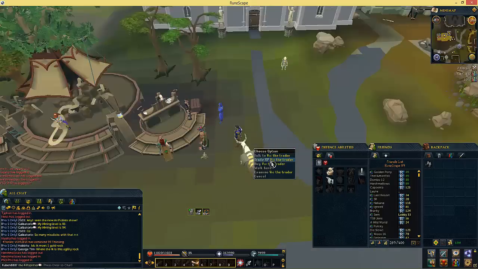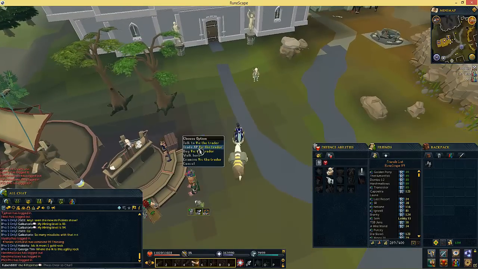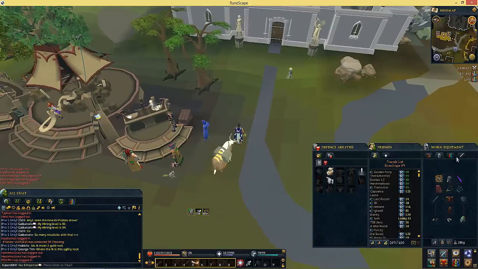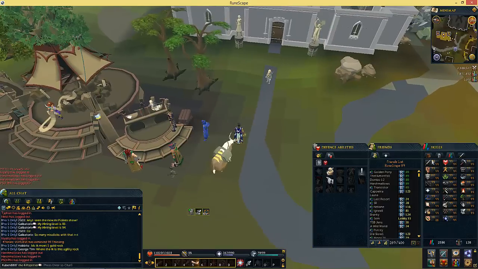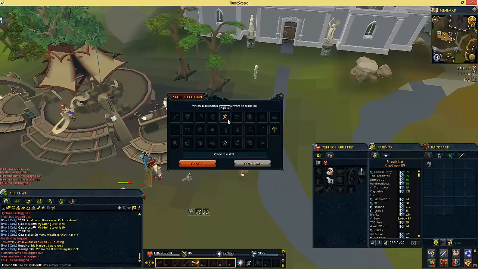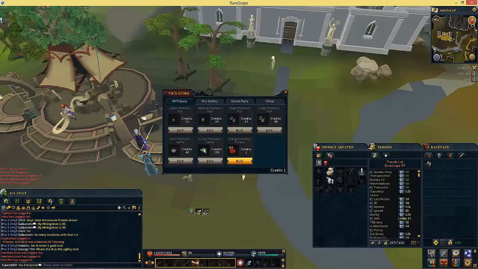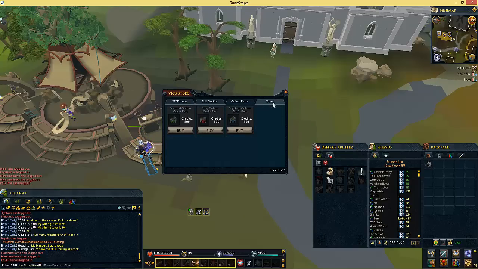That's this guy, Vic the Trader. What you can basically do at this guy is trade your bonus XP. I don't know if I still have any. I'm not gonna do that. But you can trade your bonus XP, in this skill or this skill, for credits. And with those credits you can buy stuff like prismatic stars, scalar outfits, golden parts, and on the others